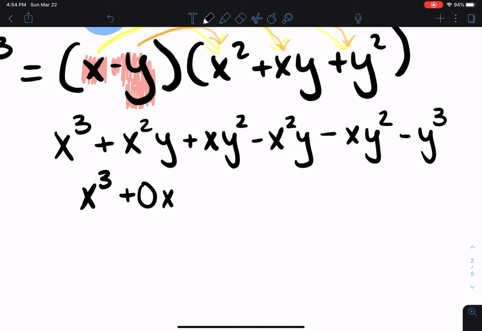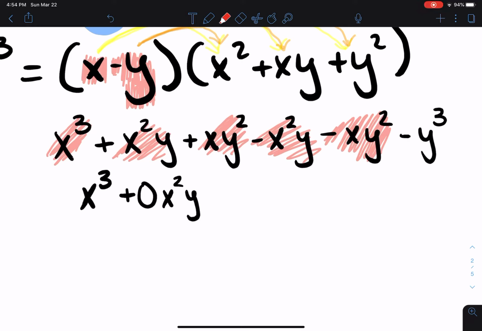0 x squared y. We really don't even have to write that. And then next term, so let's highlight what we've dealt with. We've dealt with that. We've dealt with this. We've dealt with that. Next is this xy squared. Can that combine with anything? Of course it can. It can combine with negative xy squared. So xy squared minus xy squared is going to be 0 xy squared. And then left all by its lonesome,